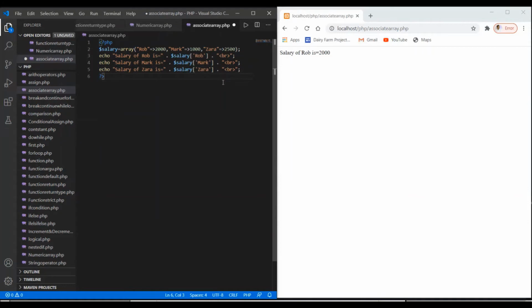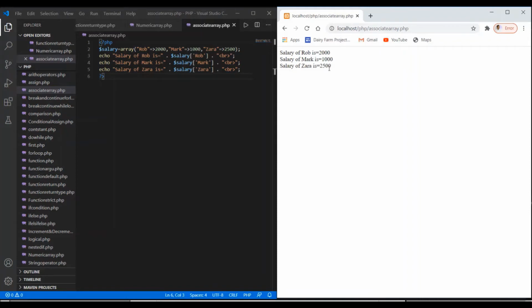So save your changes here, and here we go, refresh it. It says that the salary of Rob is equal to 2000, salary of Mark is equal to 1000, and salary of Zara is equal to 2500. Okay, so this is one way of creating the array and accessing the array.